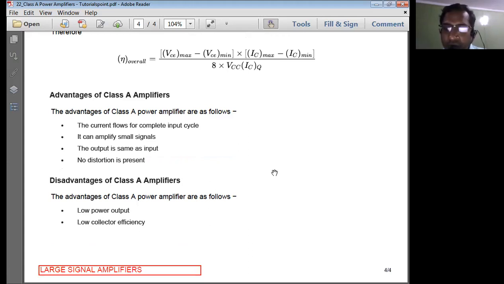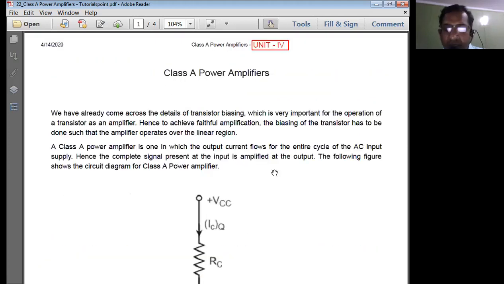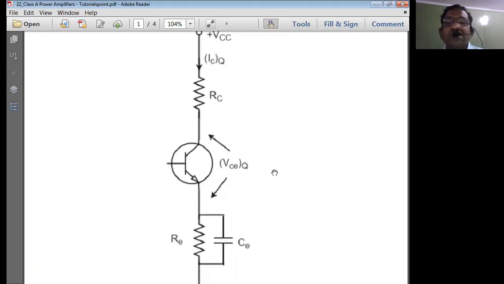Now to come out of this drawback, what do I have to do? What is the problem we are going to have with this amplifier? The output resistance RC, or the overall output resistance of the circuit, cannot be equal to 20 ohms, which is usually the input resistance of the loudspeaker. Therefore, maximum power transfer is not going to happen at the load resistance, and hence the efficiency is low. Since efficiency is low, the output power is also going to be really low.